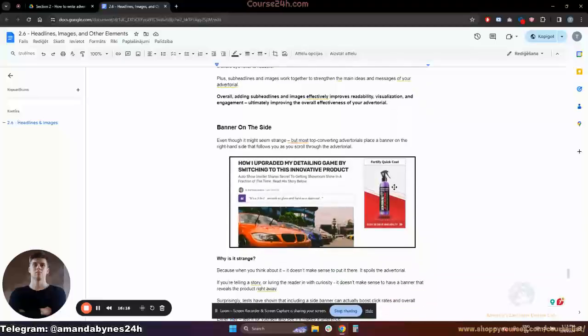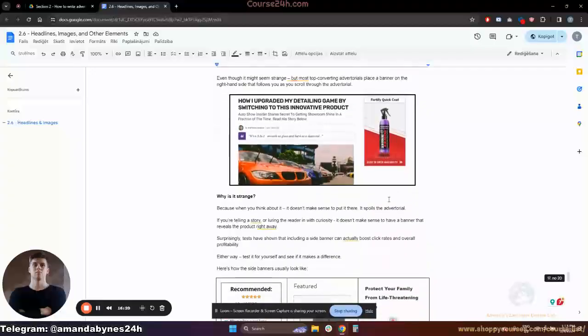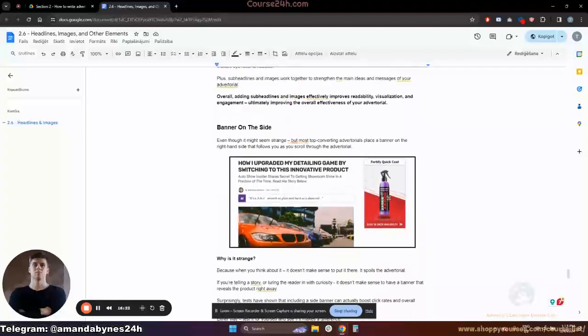So, the banner on the side. At the start, I said I'll explain this later, so now is the time. Even though this might seem strange, most top converting editorials I've seen use this banner. They put this banner on the side and they basically reveal the product straight away, even if they use a more curiosity-spiking angle and there's a story that only